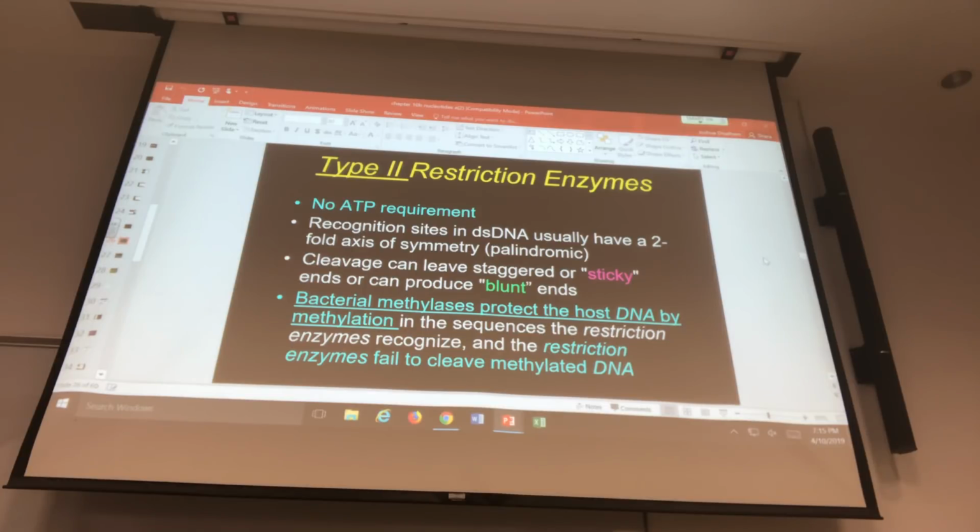So can it also cut when the sequence is reversed? Yes, so that usually happens if it's on the opposite strand. That happens all the time. In fact, restriction enzymes require both strands of DNA to match the pattern that it's looking